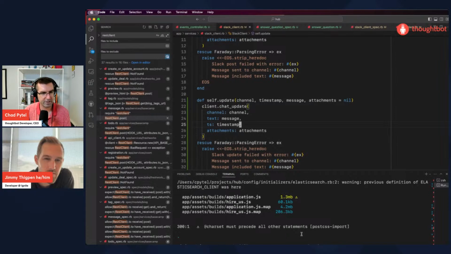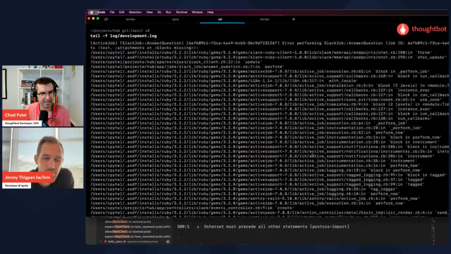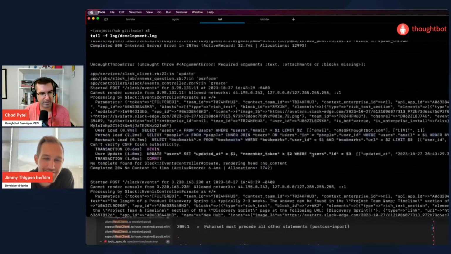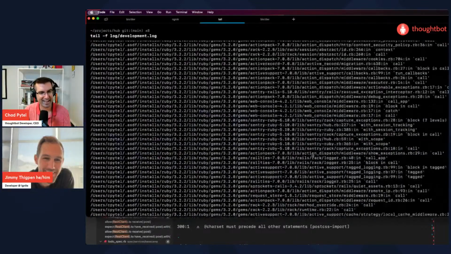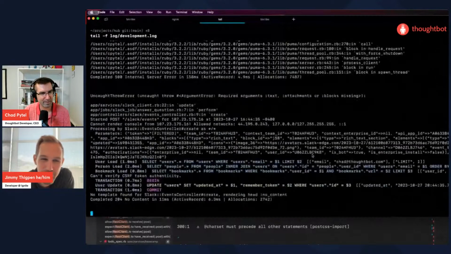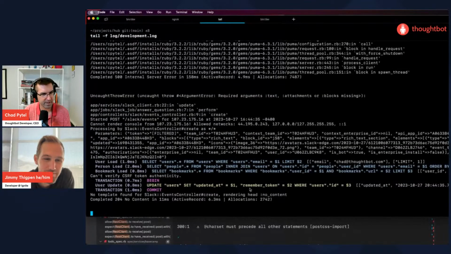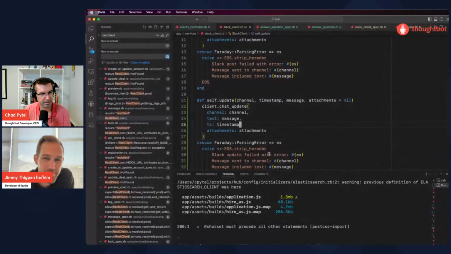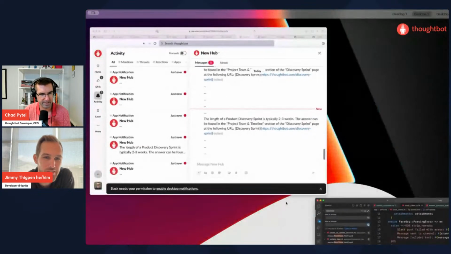I like how Slack eventually was like, never mind, forget it. I'm not going to ask you this question anymore. It errored a bunch of times and then it gave up. I wonder if Slack does 5 retries or something like that. It looks like it. Yeah, I think it does a few.